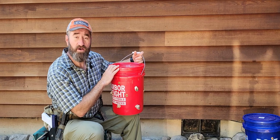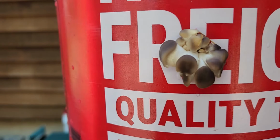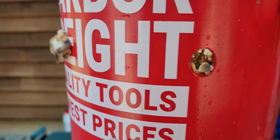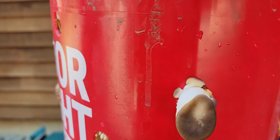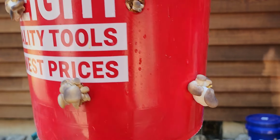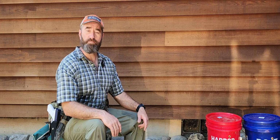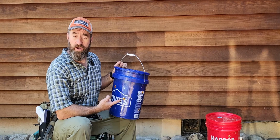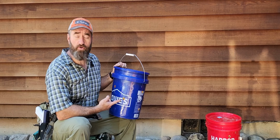Let me give you a closer up view. Look at that. Those are looking wonderful. Some of them are even bigger than the others. But how does the red compare to the blue? The main question. On the blue bucket, we have a little bit of grass growing out of one of the